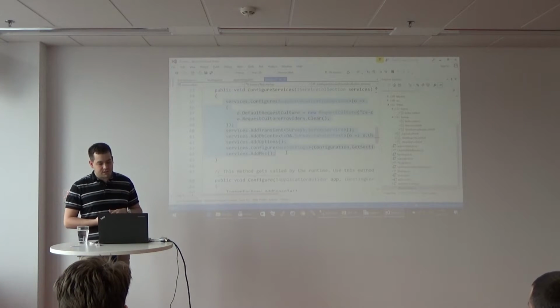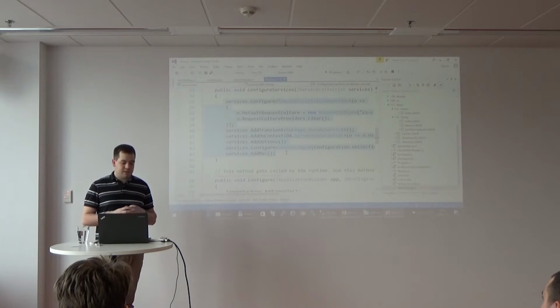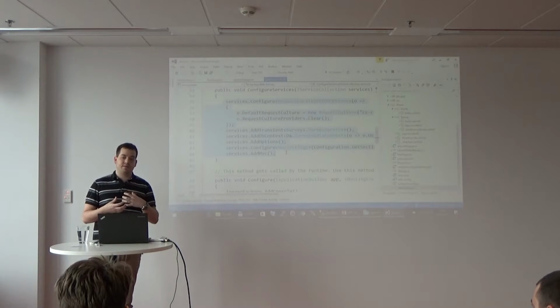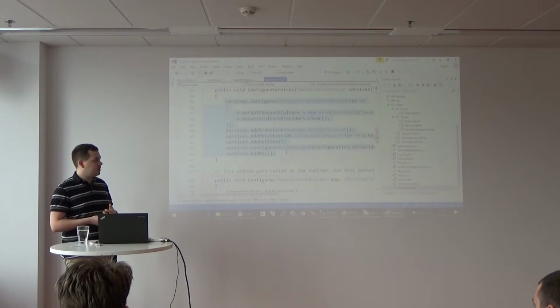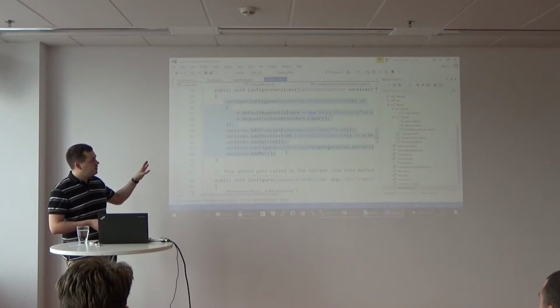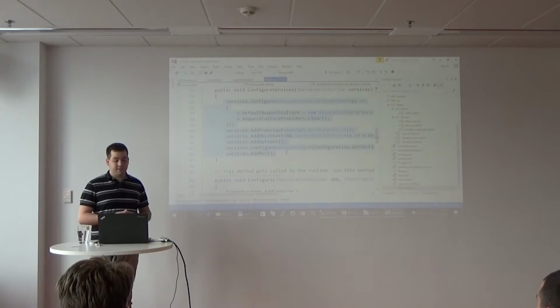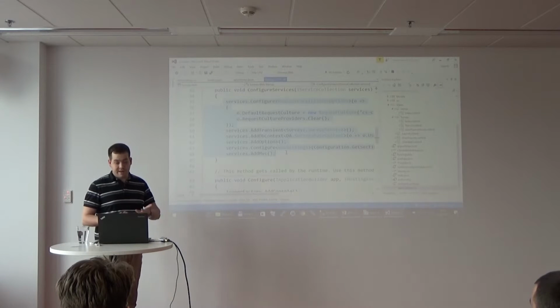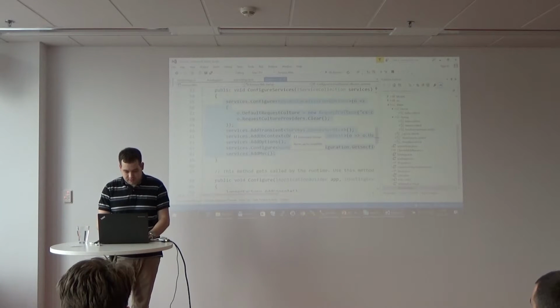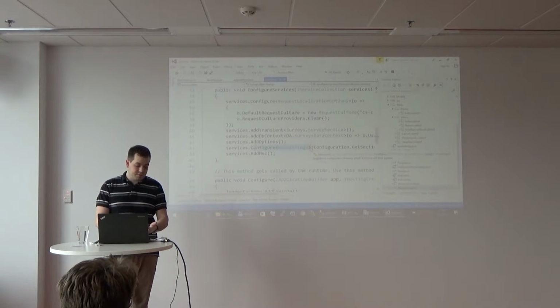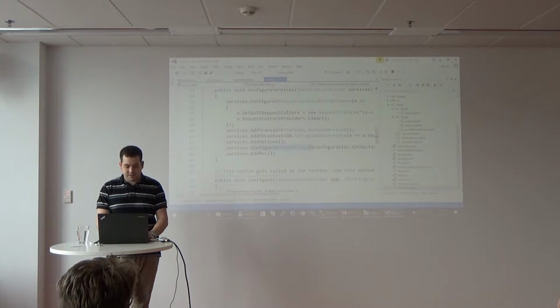If you don't want to use it, you can use some connector to some other dependency injection container of your choice. For example, it can be Unity, Castle Windsor, anything you want, and you can overwrite it here. But we are not doing it. I'm just using the default dependency injection container because it's enough for this simple application. I'm registering here some web settings from the configuration and also some other services.